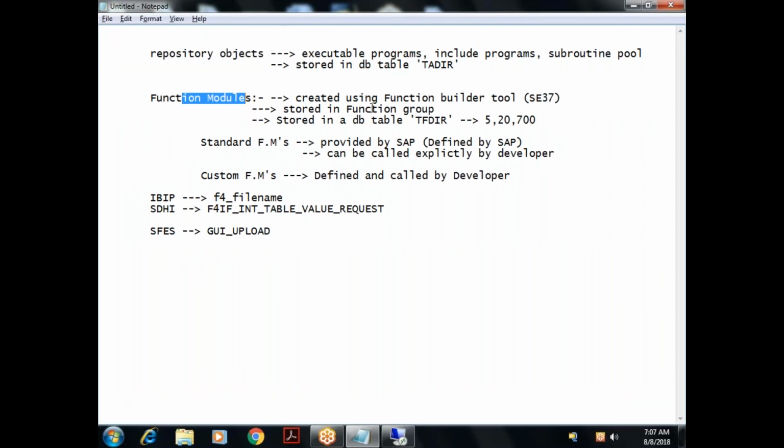So first of all, we require what? Function group. So in your project also, apart from working with the standard function modules, you'll definitely be creating some custom function modules which are specific to your project according to our customer business requirements. We might be required to create some custom function module. So before we create the custom function module, what will you do? You will create what? Function group.